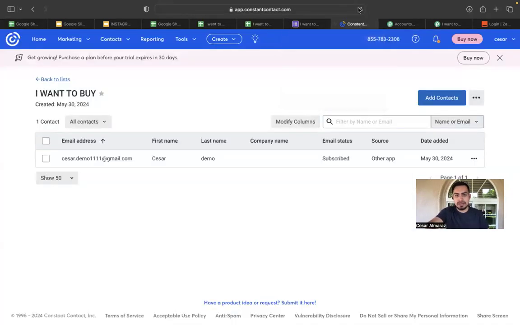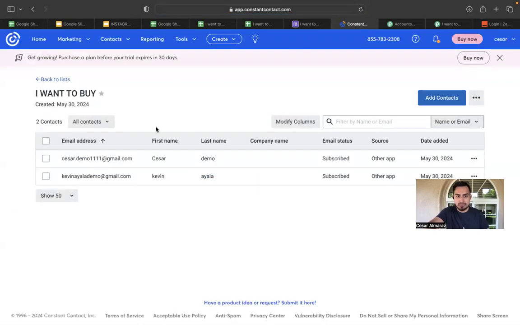Let's go here. Let's refresh this, and that data should be there. So look, we have Kevin Ayala, demo at gmail.com, subscribe, other. Obviously, you're going to have more information in here, like phone number, all that good stuff. But this is just so you can have an idea that I didn't do anything. So now I'm sitting on the other side as an agent, and I'm like, wow, someone subscribed, and they're already